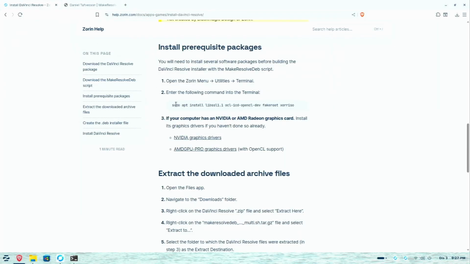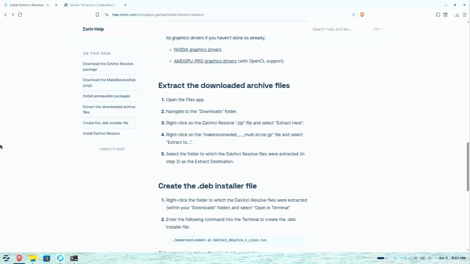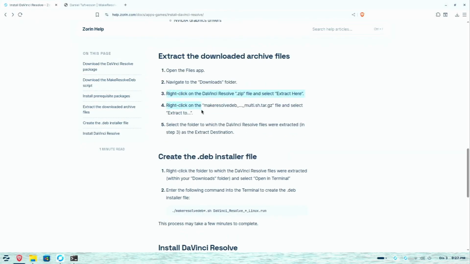So now go back to the website and you can see Nvidia graphic driver. Make sure you update your graphic driver. You can follow my tutorial on my other videos in description below. So now here, once you're done,